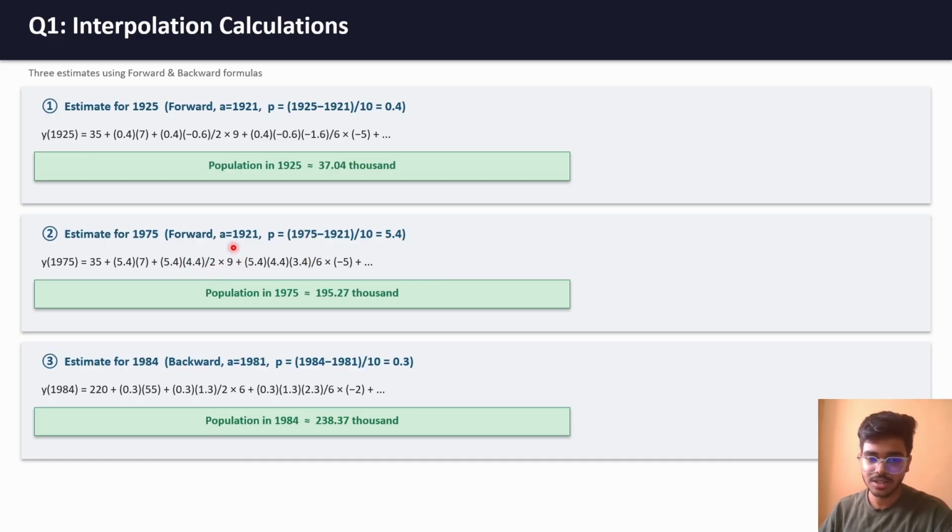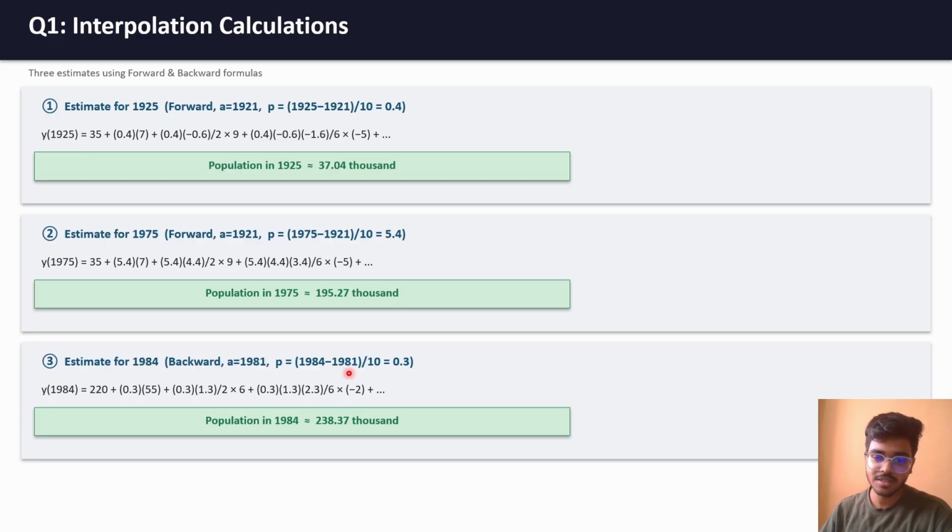And after solving this equation, we will get 195.27, which means our population in the year 1975 equals 195.27 thousand. Now calculating for year 1984. Here we are using Newton backward formula, where P equals x minus x n divided by h. Here x n equals 1981 and x equals 1984. So by putting value 1984 minus 1981 divided by 10, we get P equals 0.3, and by using the bottom